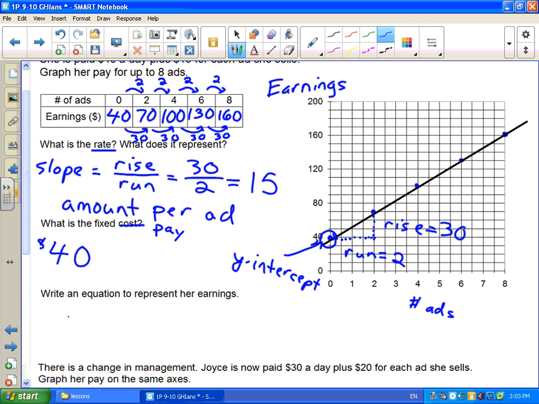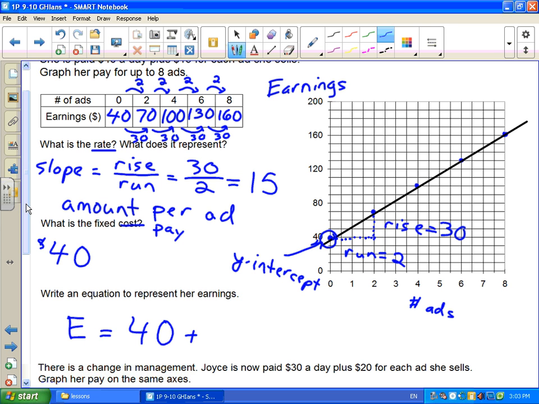It's going to be E equals something, and we've got to work the number of ads in there. So what do you think the equation is going to be that represents how much she earns? Any guesses? E equals 40